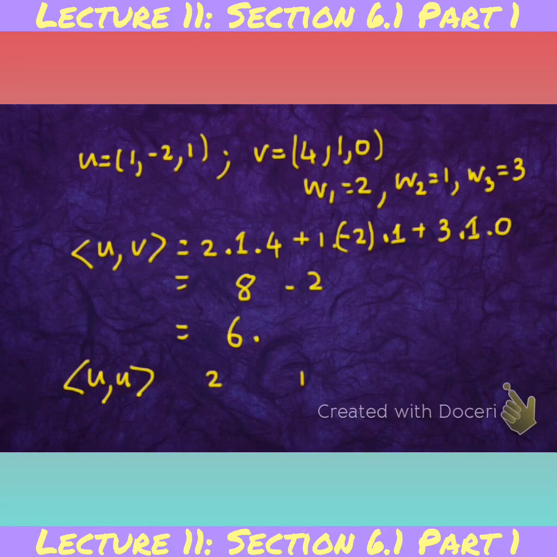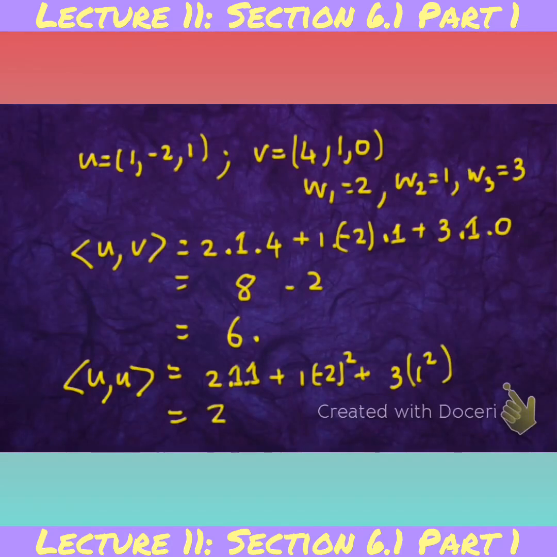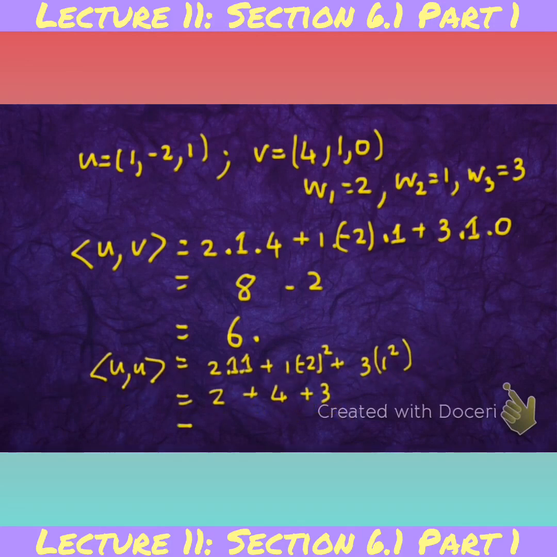Again, introduce the weights there. Okay, there we've got the weights, and then you're going to take the dot product with itself. Okay, so that's going to be plus, that's going to be again minus 2 squared, that's going to be 1 squared. Okay, so that becomes then obviously that, and so we can easily go and calculate that. Okay, so that is